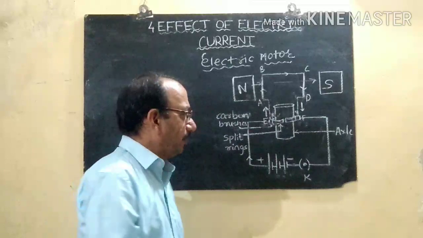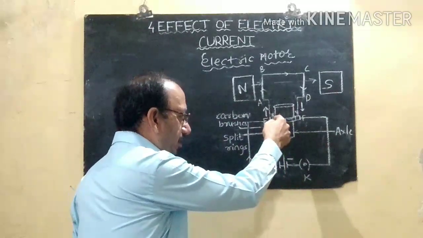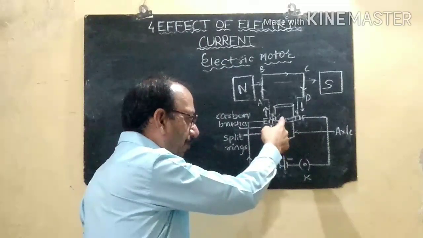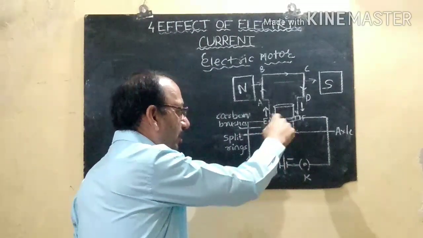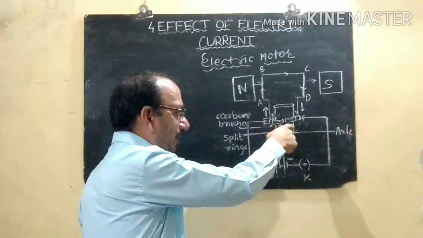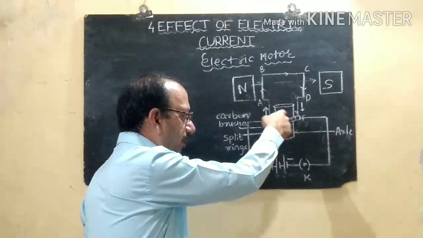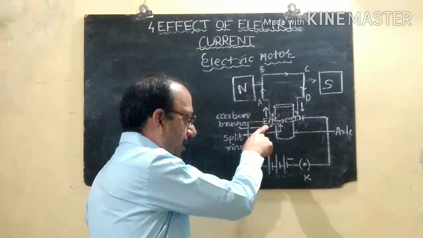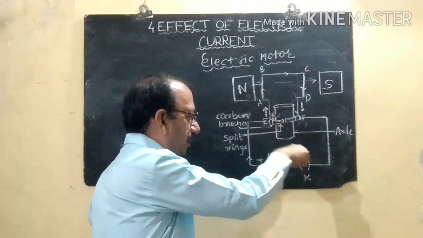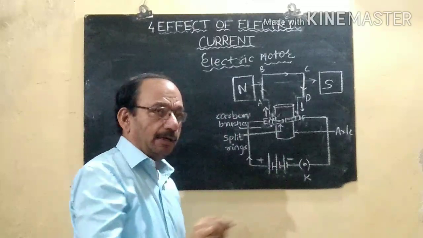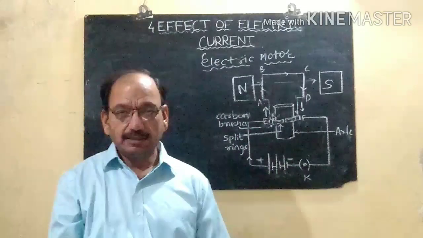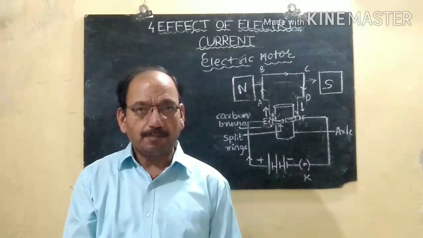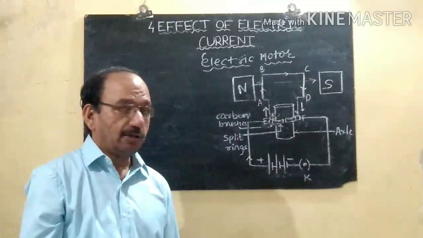One thing to remember here: when this split ring is rotated with the help of this axle, the gap of this split ring will switch off the current, and at the same time the other split ring will be connected to this positive terminal, and this split ring will be connected to the negative terminal, and due to the change in the direction of current, the forces on the arms AB and CD change.